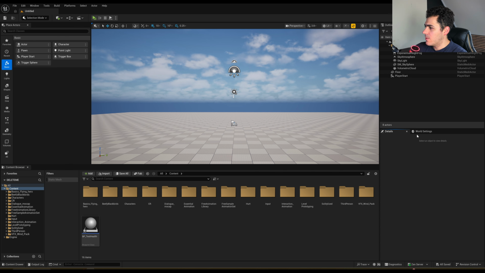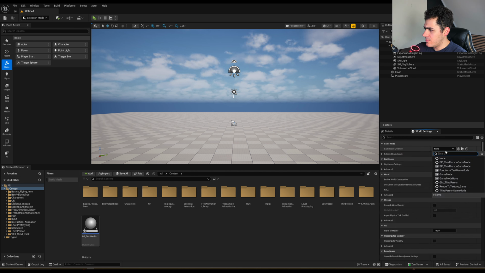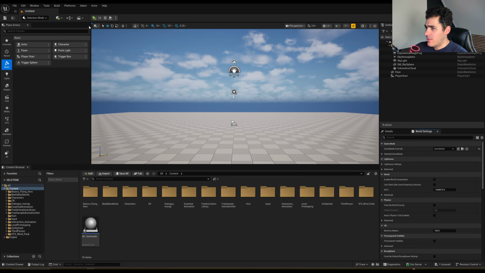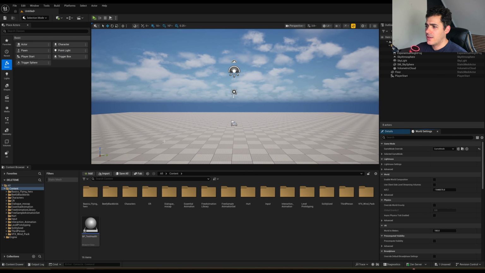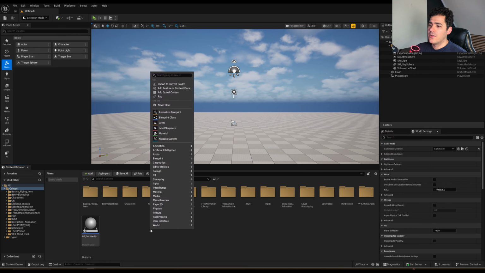And what I'm going to do is go to my world settings. I'm just going to add an empty game mode, just something where I can walk around. And we're going to create a couple of blueprints here. So the first thing you need to do is learn how you create one, right? Basically, all you have to do is right click in the engine and you have the blueprint class,